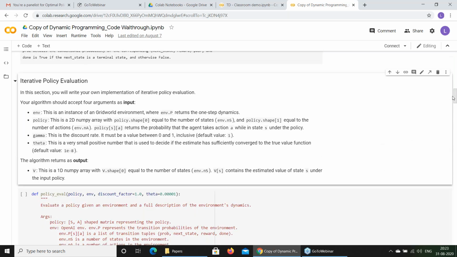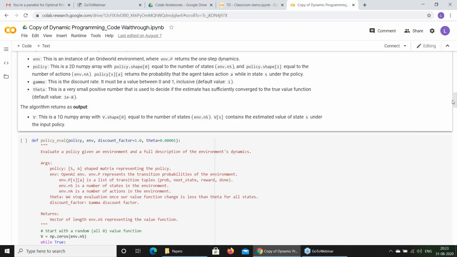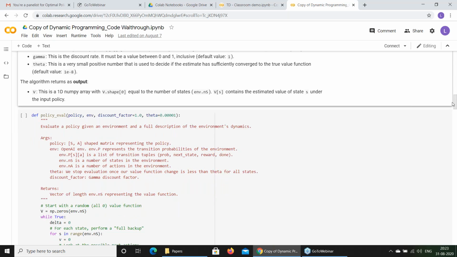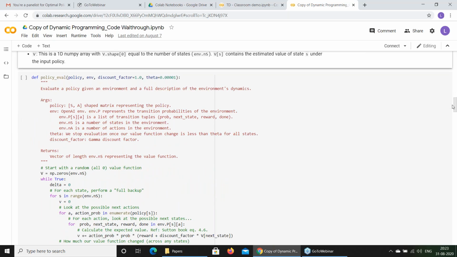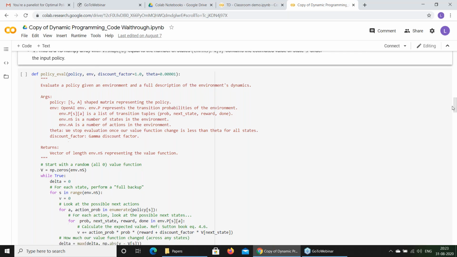Then we first talk about policy evaluation. We have a discounting factor, gamma. We define something called theta. Theta is such a small value. What is the advantage of theta? Theta is not the discounting factor, I told you that is gamma. But theta is something I told you in value iteration: after n number of iterations, it has to stop. That means the value of a state in one particular iteration and the next iteration, if the difference is less than theta, that is where it has to stop.